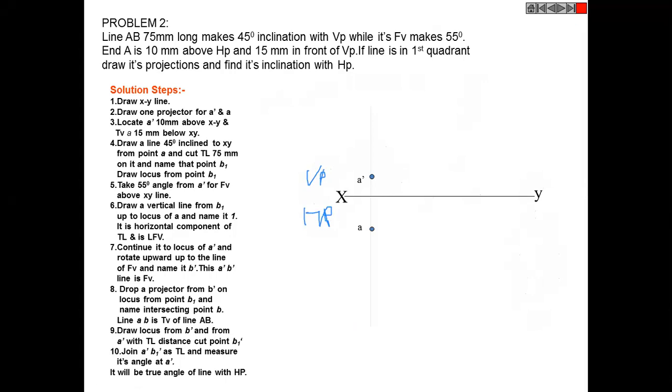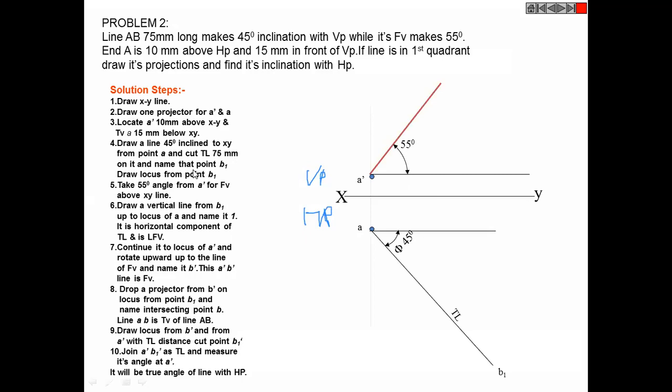Now true length and angle is given. So we will first of all do that. What angle is given? 45. So we will do that. And true length is also given. So we will basically get B1. Up to this, everything is correct. Now for 55 angle is given. So we will make 55 angle and we will draw one line. We won't draw the end point as of now. We don't know where it will end, but we will draw that line.